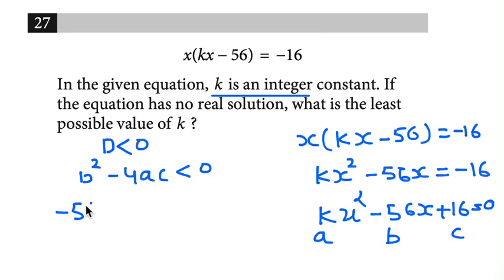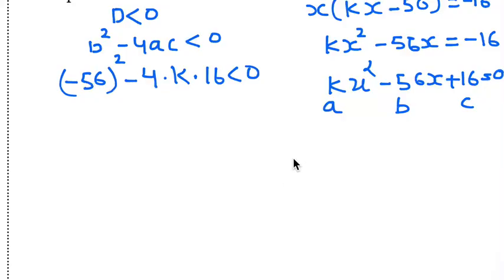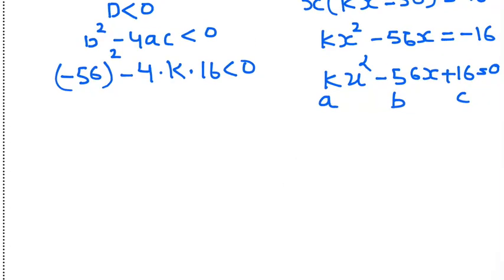So (-56)² - 4 times a, which is k, times 16 is less than 0. Okay, now 56 squared, that means this negative sign will become positive due to this square. So 56 times 56. Now I'm doing it skipping a little bit of steps, just to give you a glimpse